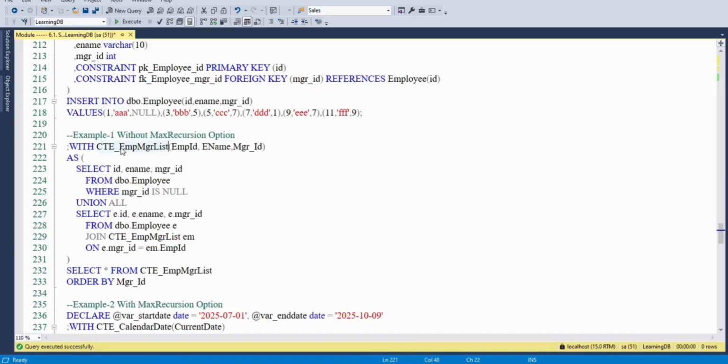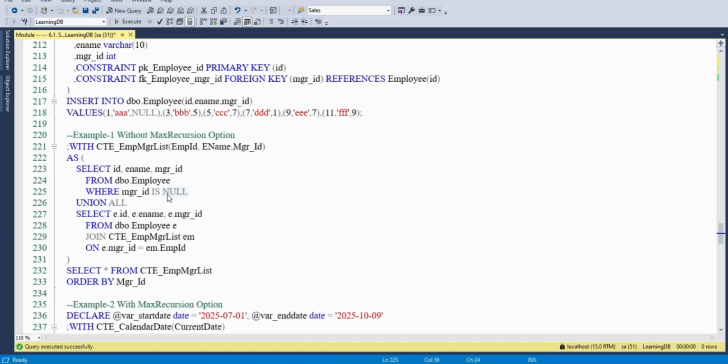Otherwise, you can use CTEs like a normal select statement within that. Not an issue. I'm just explaining it for the purpose of recursion. So we have an employee table with the ID, employee name, and the manager ID column, where we want to list the first record, meaning the top level of the company,